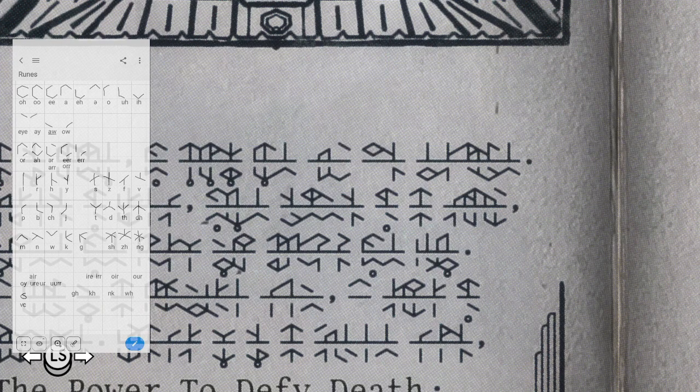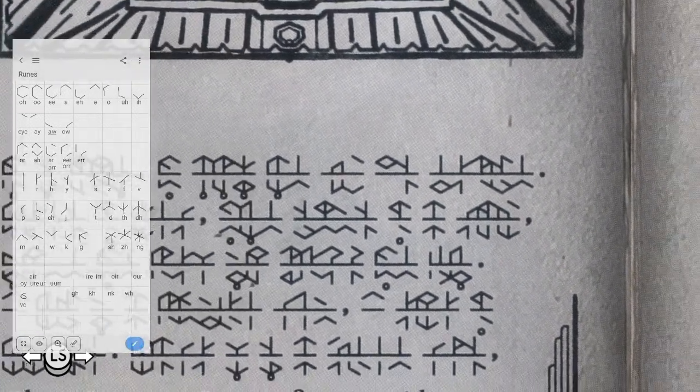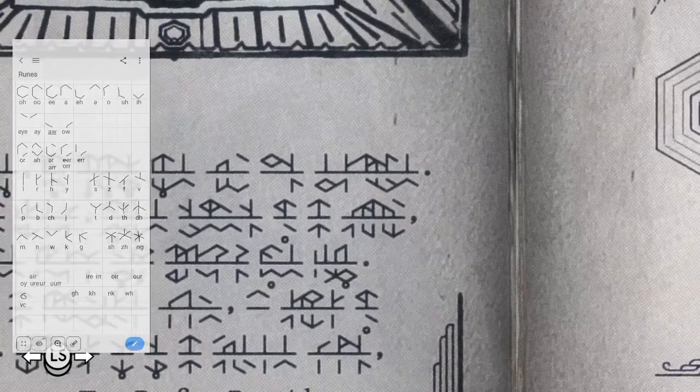Alluring. A difficult word for the runes. Old. As is usual, an alluring old